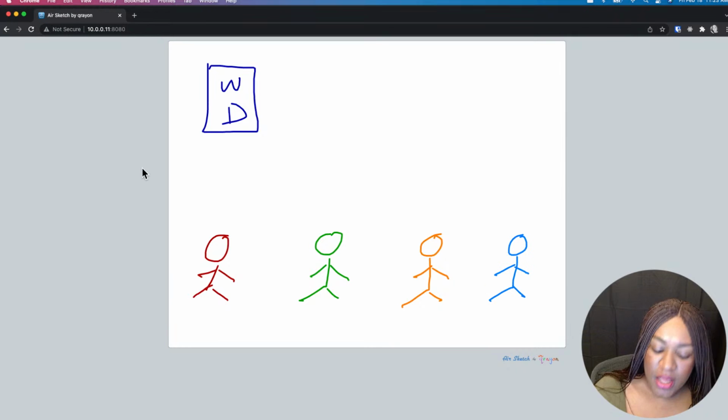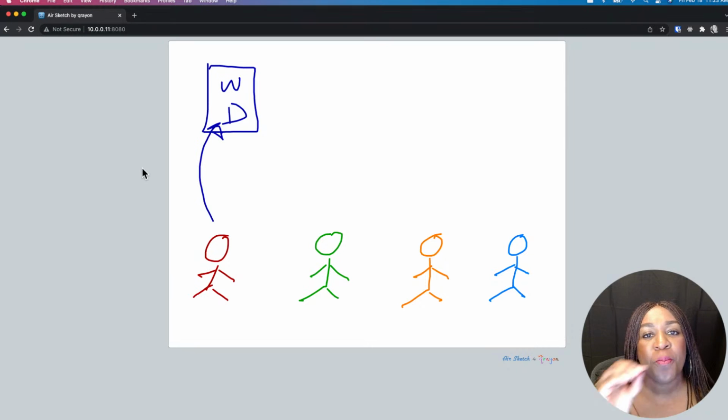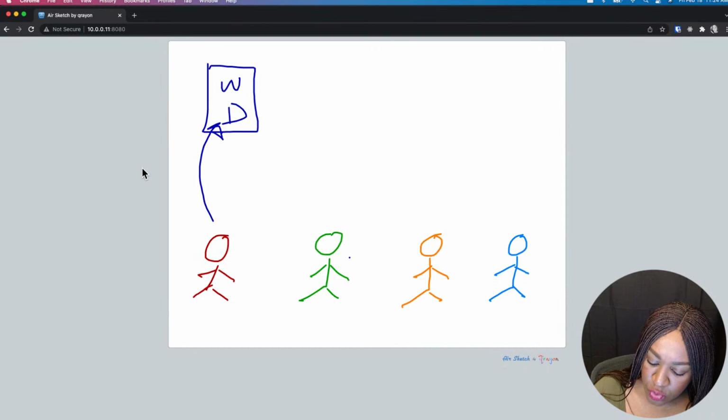Now with this document, you write some plans in the document. Now it's not only you that has plans, your friends too have plans. But because there's one document,